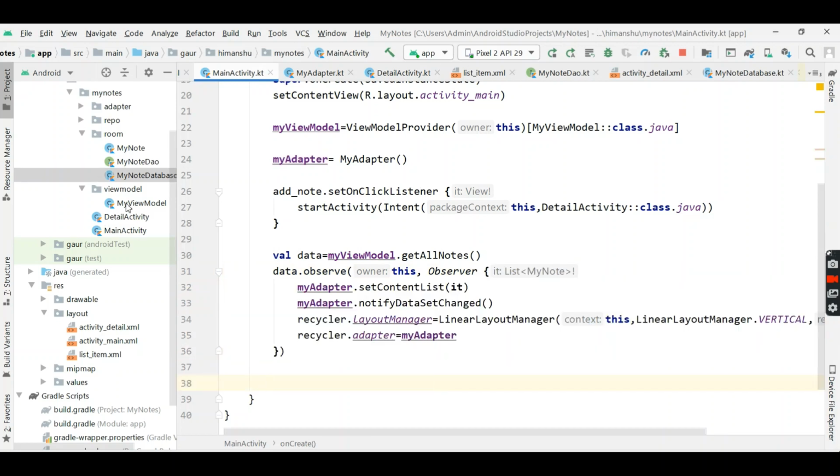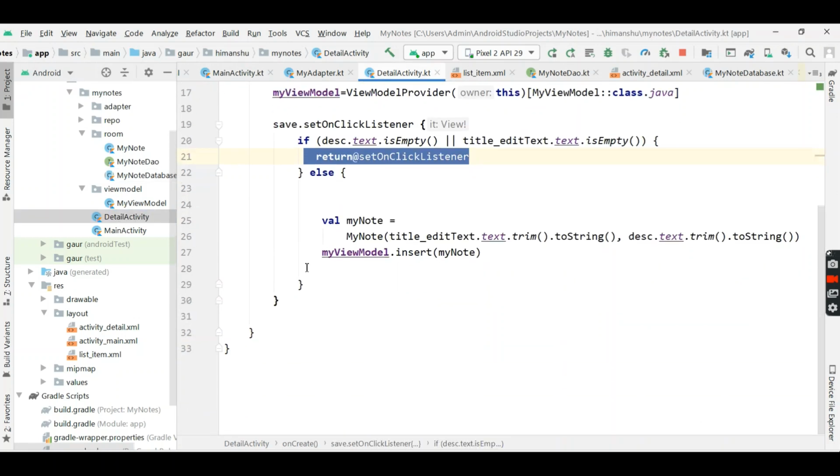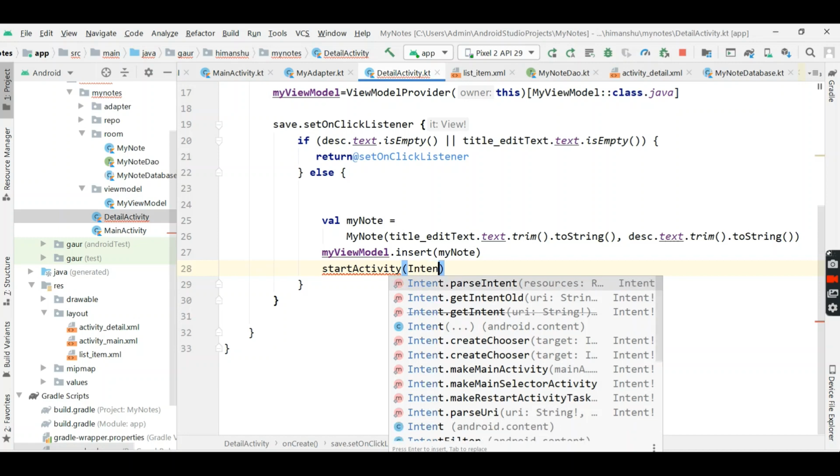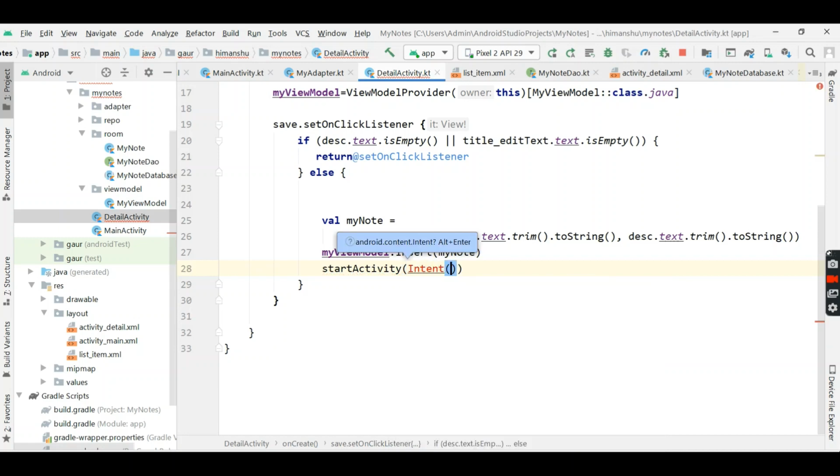And by pressing save in the detail activity class, we can start an activity from this class to our main activity class.